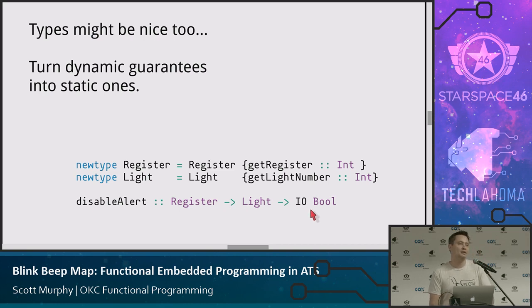But you could accidentally put the light in the register spot and the register in the light spot, and your function would be none the wiser until runtime. With types, you get that guarantee ahead of time. A register has to be a register, and a light has to be a light. It's a really